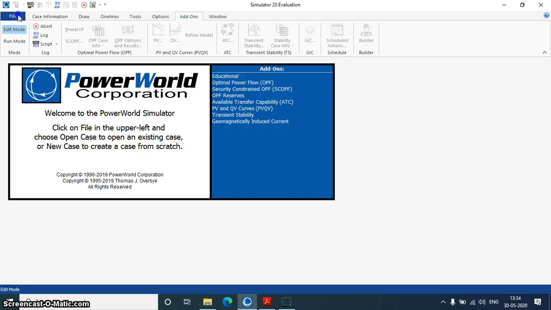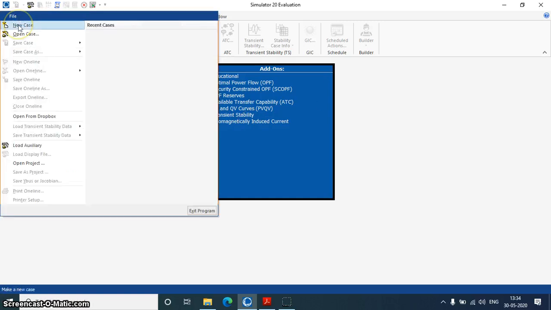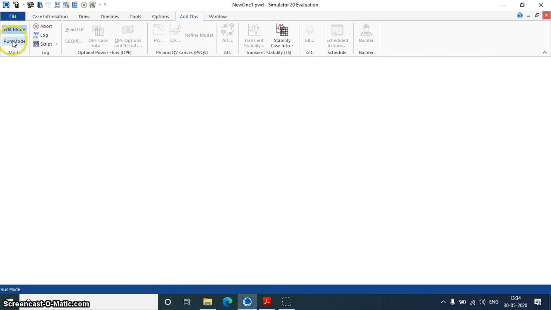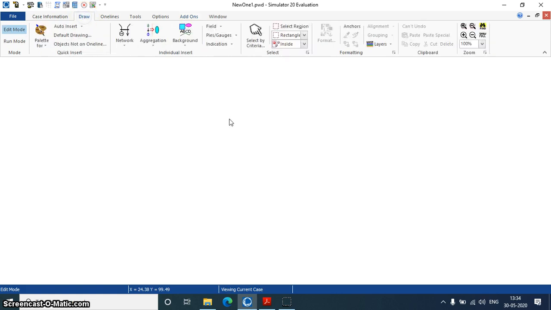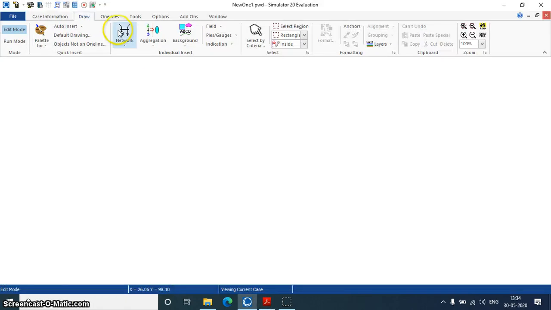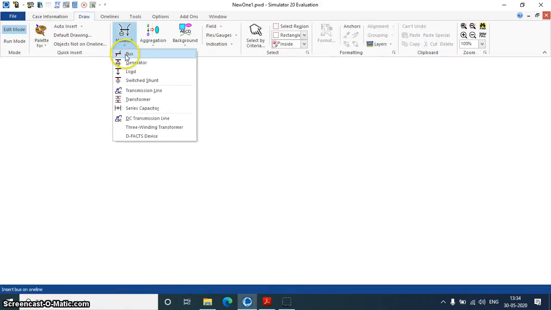So starting with our new case, first you will develop a new case like this. This is a new case. Then in edit mode, we will go to draw. Now we will choose our components like generators and buses. So here in this network, we will go for buses